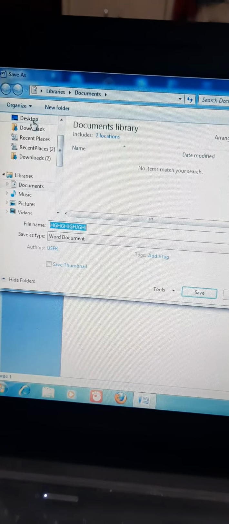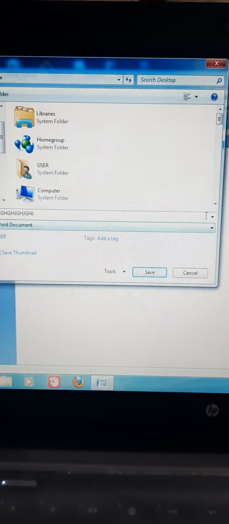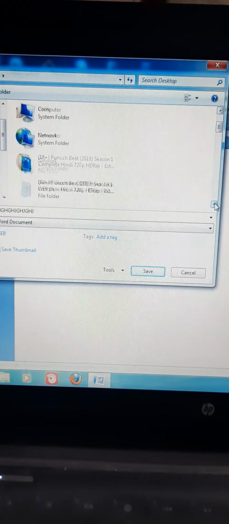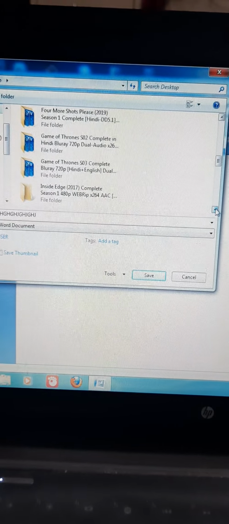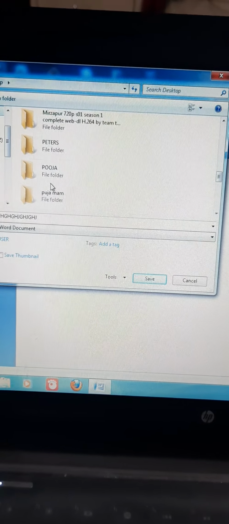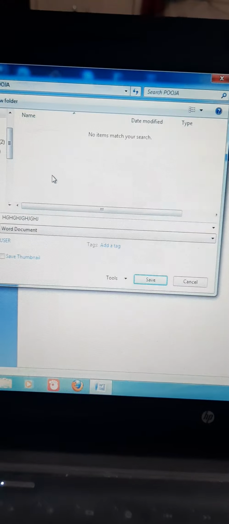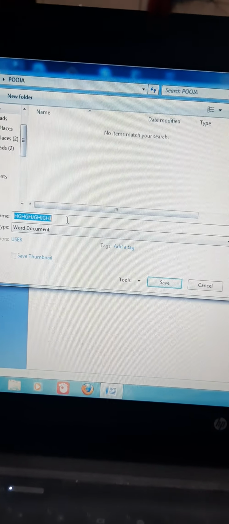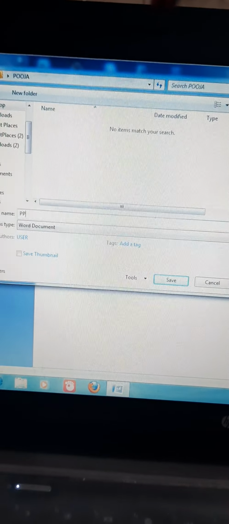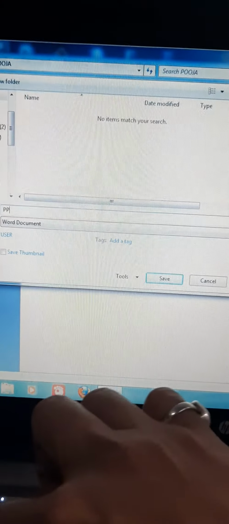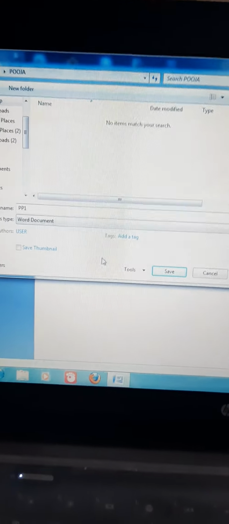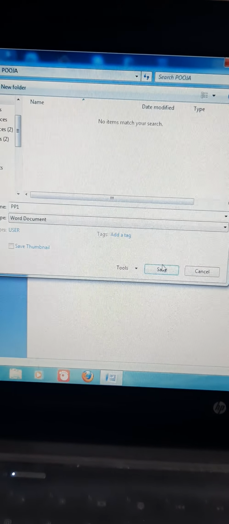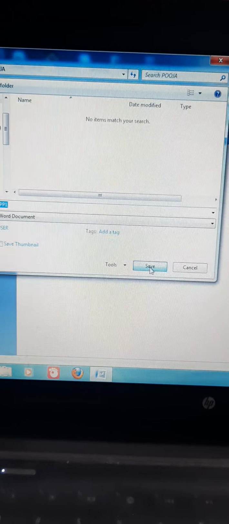So we will provide desktop and in desktop I will search for the folder Puja. Here it is, and here I will give the name PP1 suppose, okay. Then I will press the save button.